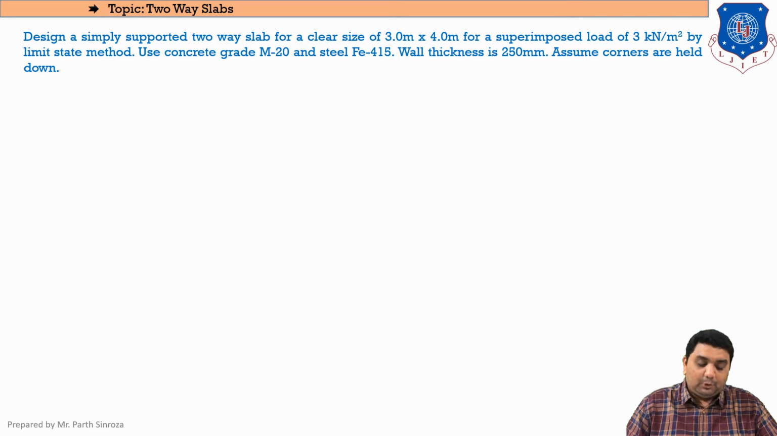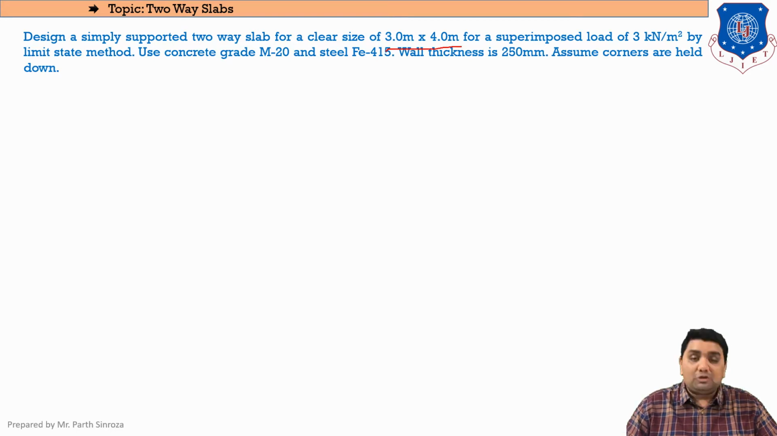So there are basically two types of conditions that we are dealing with. The first is corners not held down, which we have already completed, and the second is corners held down, which we'll be seeing further on. The basic differences between these two we'll be covering in detail in the later portion. So now, starting with the size of section,